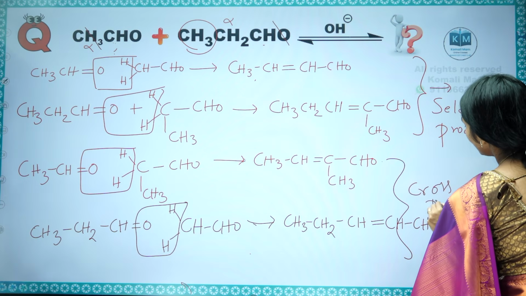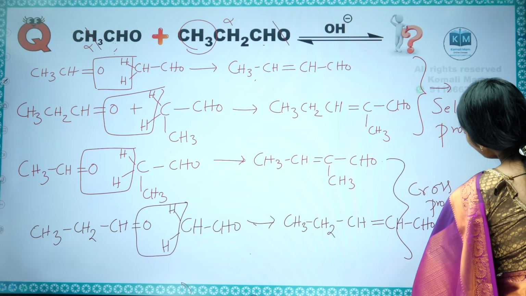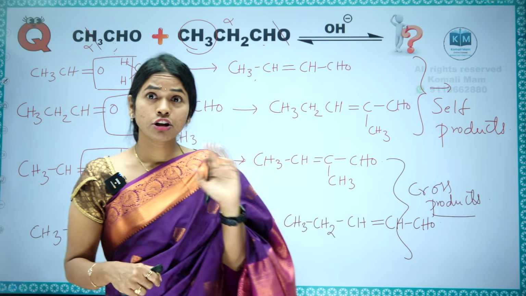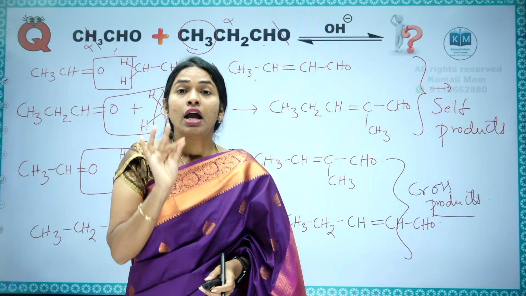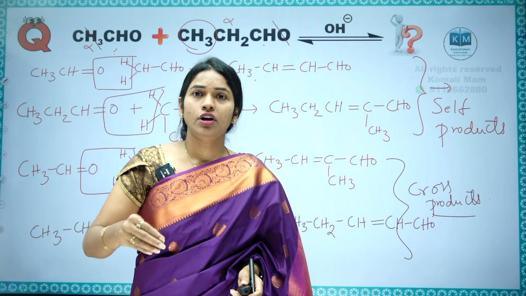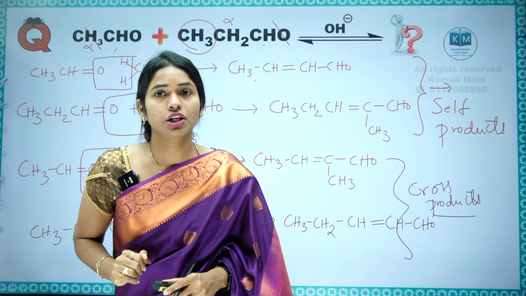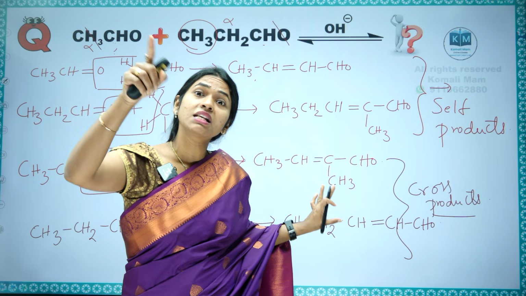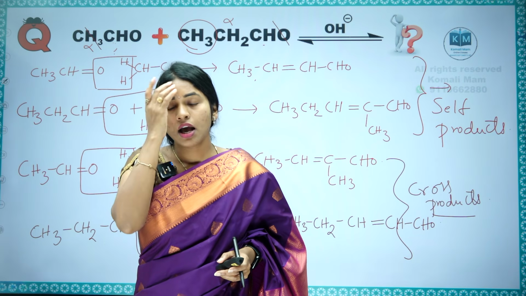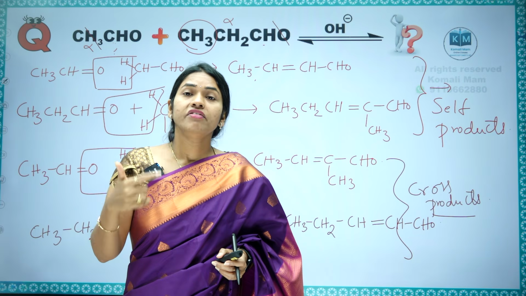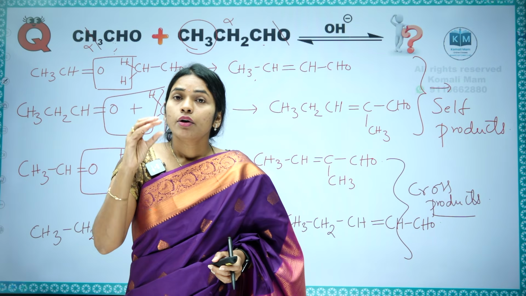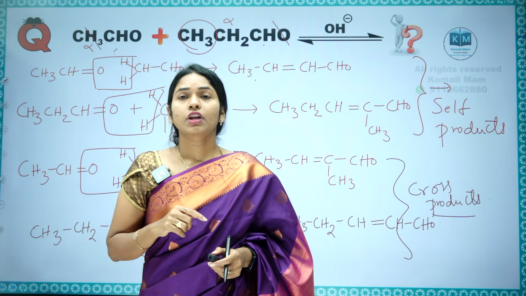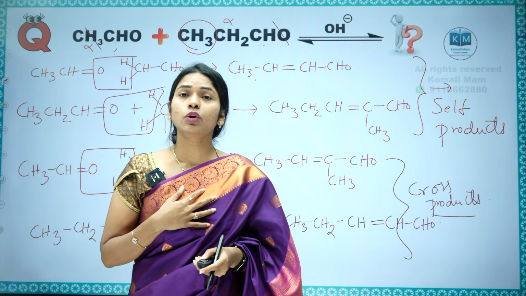After this, one more most important trick I want to tell you. Until here also you can do, but here one technique I will tell you. Among self-aldol and cross-aldol, cross-aldol products are major. Again, among the two major products, which one is major, they will ask you a question. Among the cross products, which is again major? The one more reactive at the carbonyl group, you need to remove oxygen from it. Ma'am, how will I come to know which is more reactive at the carbonyl group?